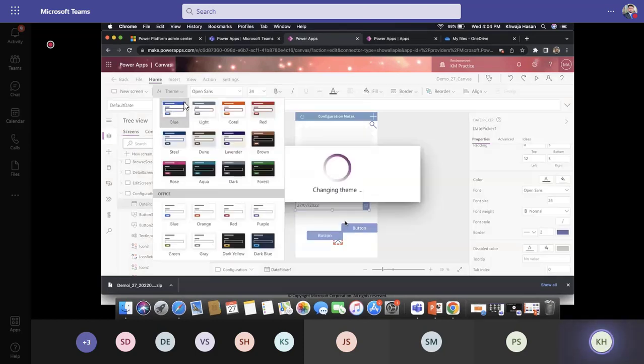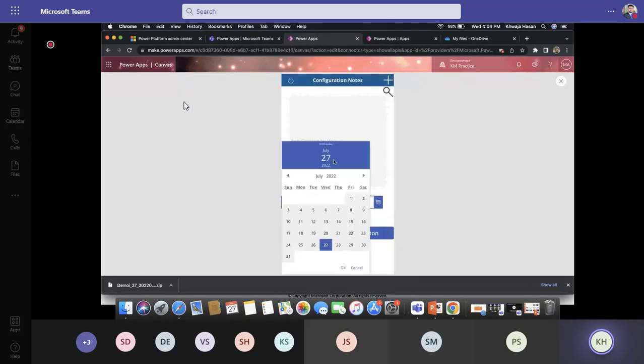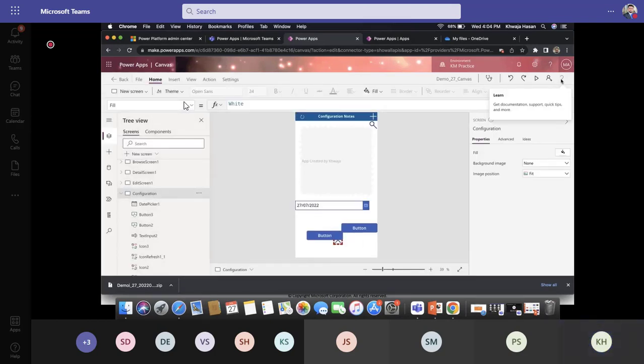Just change my theme. Now if I play, it will just change the theme color. So it is now showing me color like this one. Blue color changed from gray. And